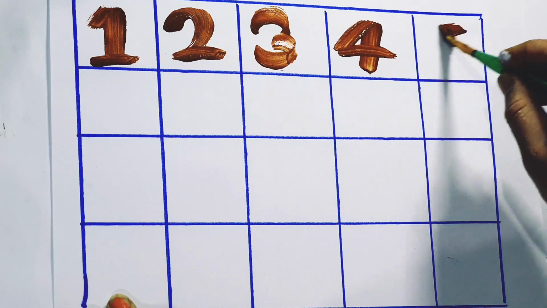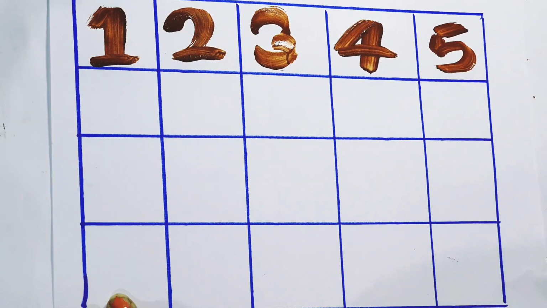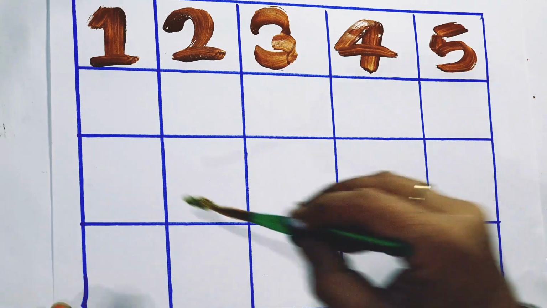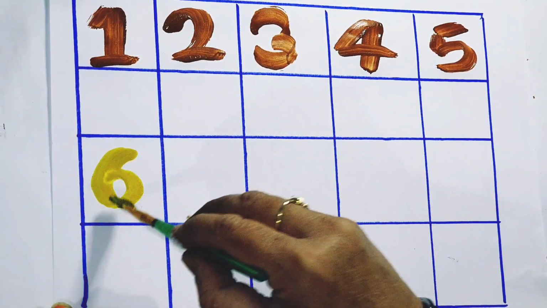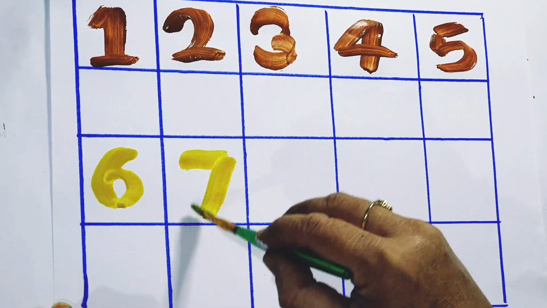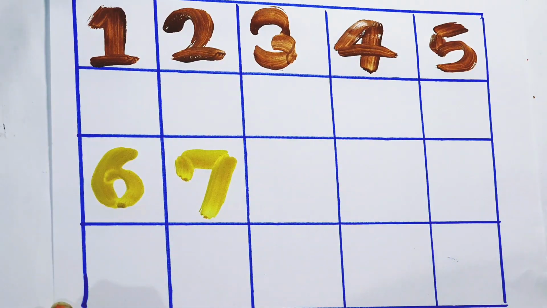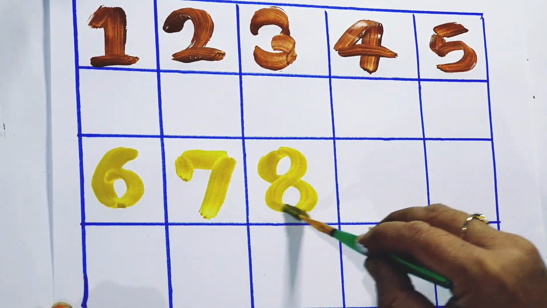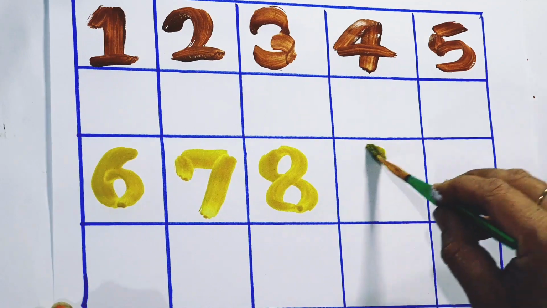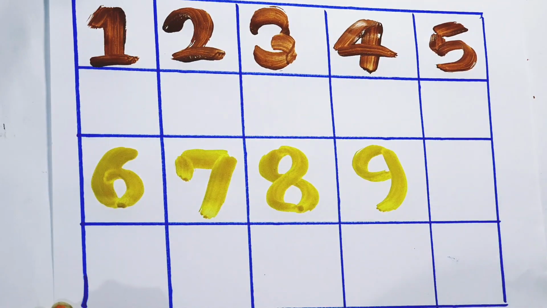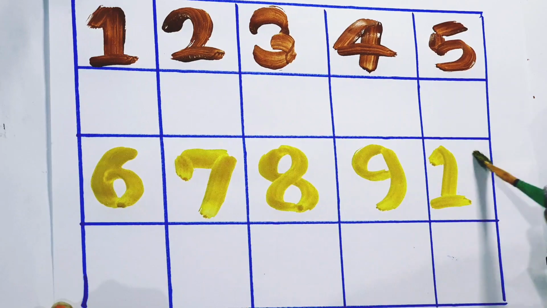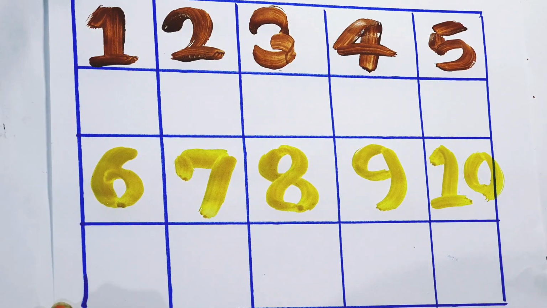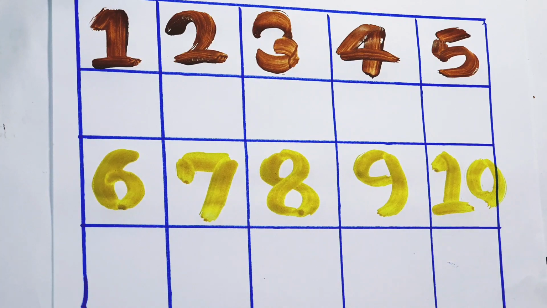4. F-O-U-R, 4. 5. F-I-V-E, 5. Yellow color. 6. S-I-X, 6. 7. S-E-V-E-N, 7. 8. E-I-G-H-T, 8. 9. N-I-N-E, 9. 10. T-E-N, 10. So kids, now time to learn